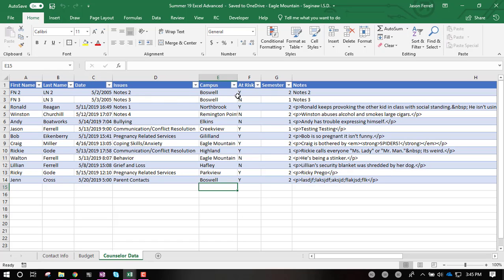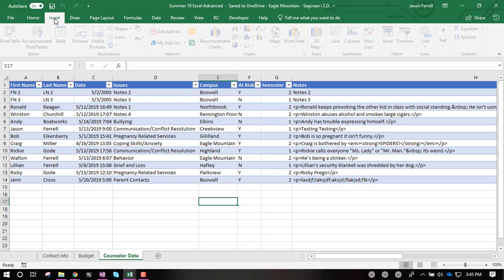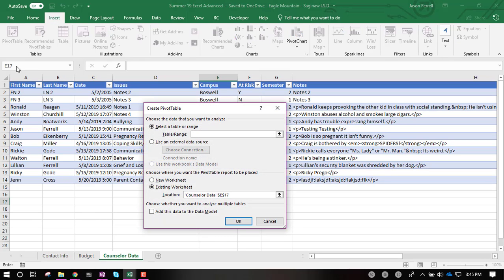Now, the information I have in front of us here is some fake data that I put together for another project that I was doing with the crisis counselors concerning a Microsoft Power App, which is fantastic, by the way. But let's look at some of this data. Now, this data, again, super double triple fake. It's kind of hard to read. It's kind of hard to tell how many kids were at risk and at what campuses they were, and that kind of stuff. So we can actually use a really cool tool called a pivot table to examine that